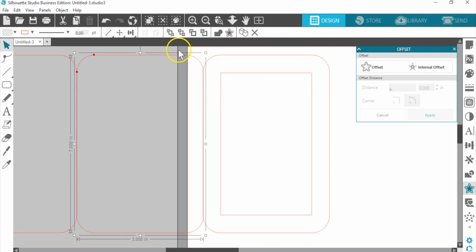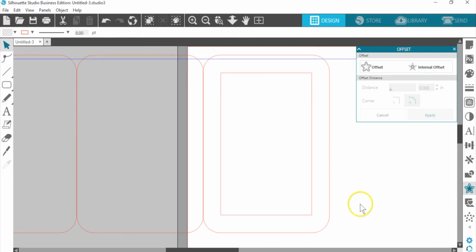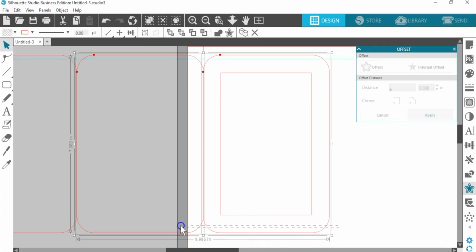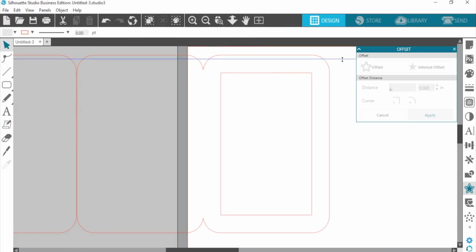So I'll select just the original rounded rectangle and the one off to the left. And I know they overlap, so I am ready to choose Weld, and I can do that on the Quick Access toolbar. I had a guide arrow appear there, which I don't want, so I'm just going to select it and hit Delete.